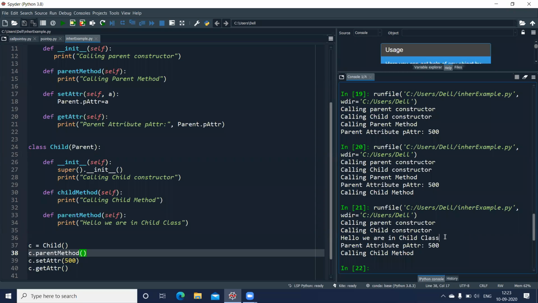But if I want to redefine the whole thing, if suppose I'm not happy with the method in the parent class, but I do not want to go to the parent class and make changes to the parent class method, what I can do is restructure my whole method again. So in a way, what I'm doing here, I'm performing overloading. Clear? Any doubts here? Oh, sorry, overriding. I'm performing overriding, not overloading. Any doubts?